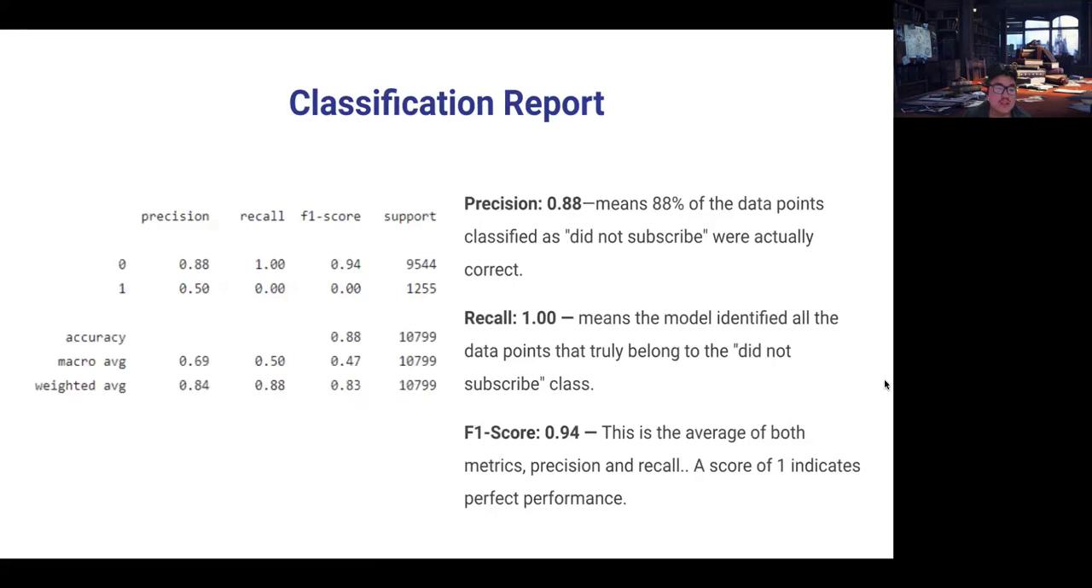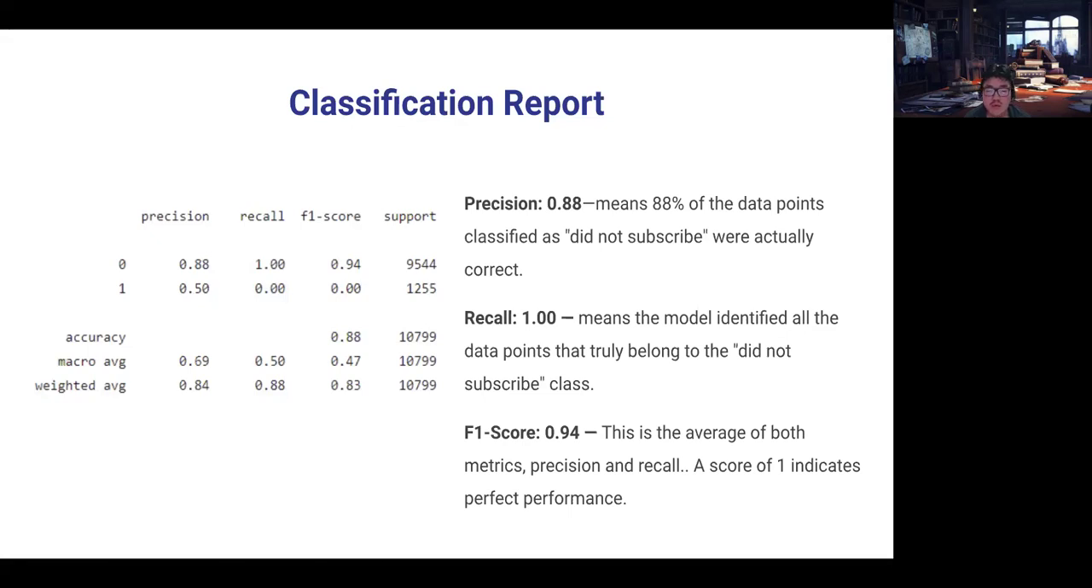This is a slide about the classification report. First, we have precision. The precision of 0.88 means 88% of the data points classified as did not subscribe were correct. And recall of 1.00 means the model identified all the data points that belong to the did not subscribe class. And F1 score of